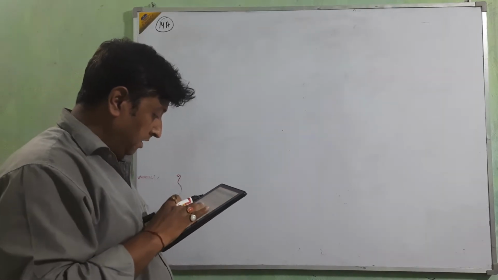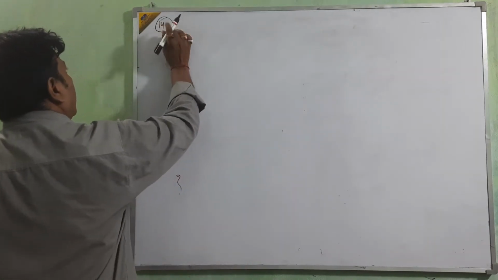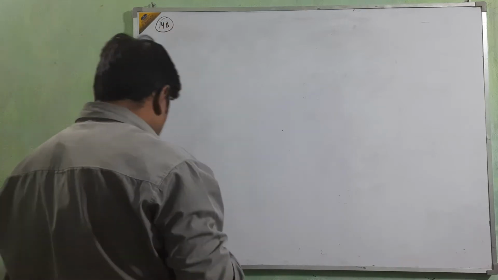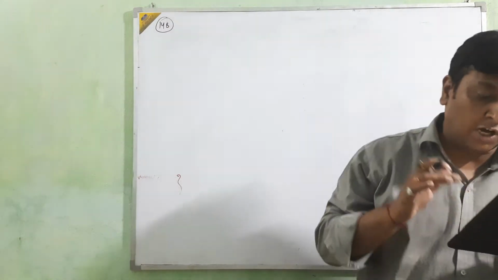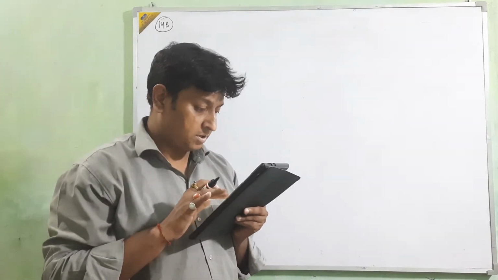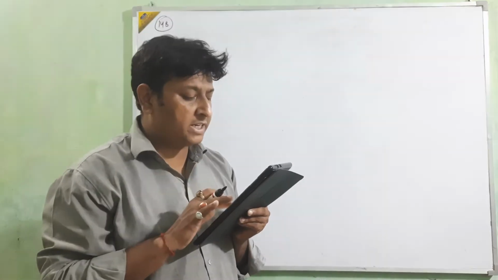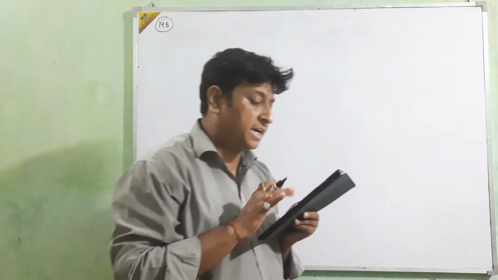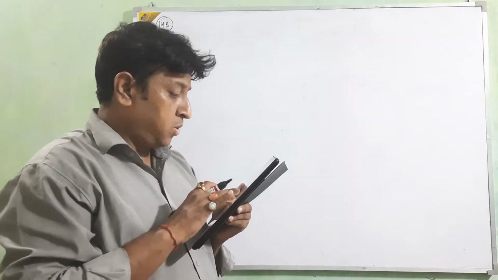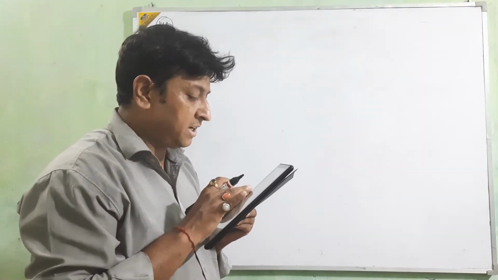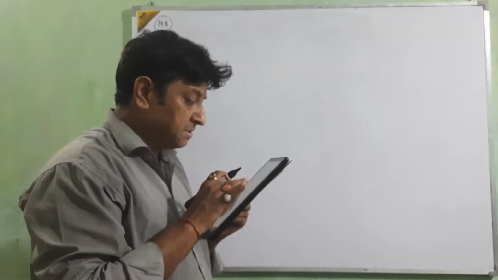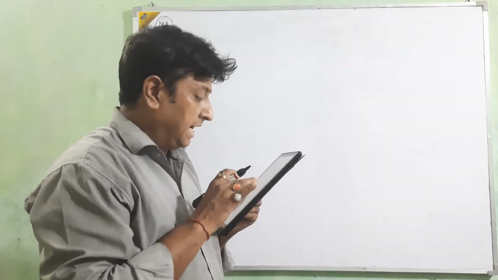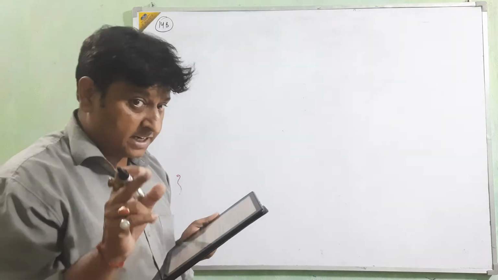Question number 14B. Okay, beta? It was 14A. Then I am going for the 14B. First see the question, everyone. In the year ending 31st March 2019, subscription received by Prize Club Delhi was 2,50,000, including 15,000 for the year ending 31st March 18 and 13,000 for the year ending 31st March 20. At the end of the year 31st March 19, subscription outstanding of the current year was 25,000.